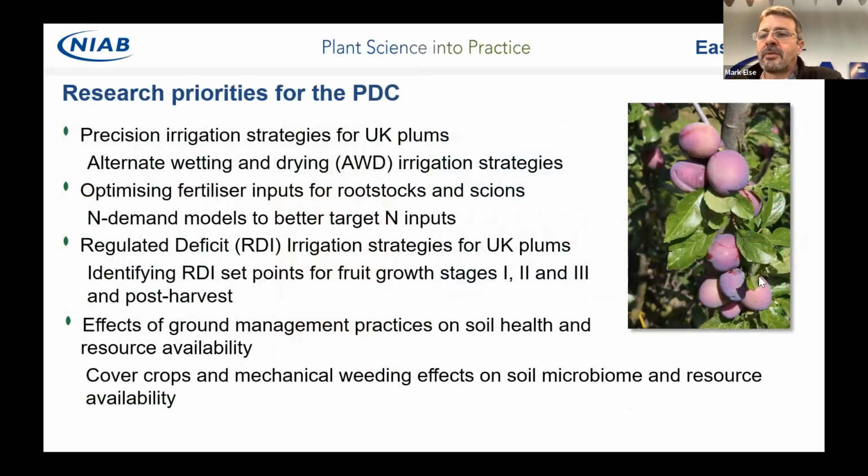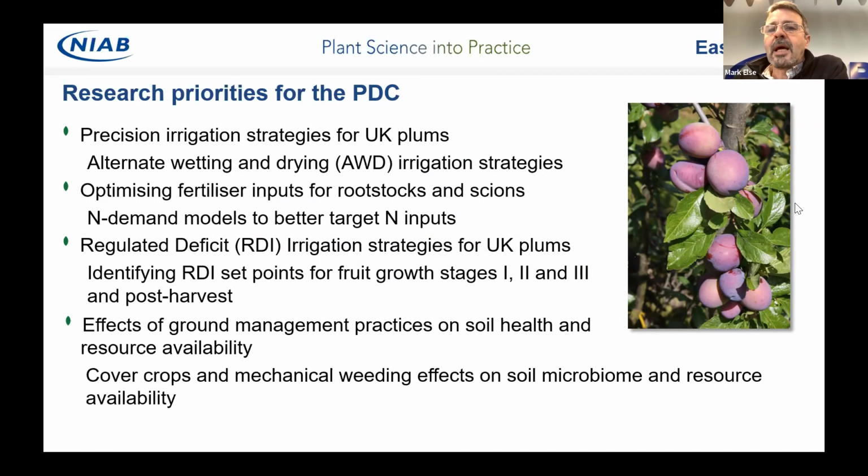And so these are the research priorities of the Plum Demonstration Centre Consortium. And I think it's fair to say the focus is very much around trying to optimise consistency of yields and quality in the main commercial varieties, but also bearing in mind that that needs to be achieved with an efficient and responsible use of water and fertilisers. And so the key areas that the Consortium wish to pursue are around precision irrigation, precision fertigation, trying to better understand how to match demand with supply, both in terms of water and in terms of nutrients,